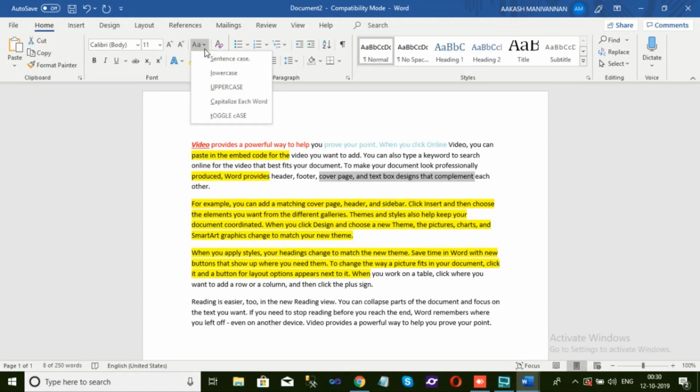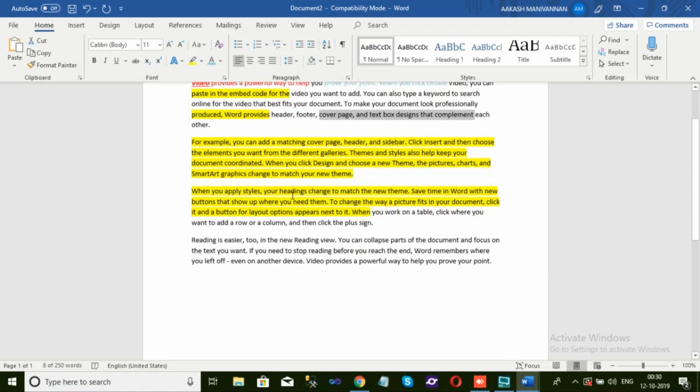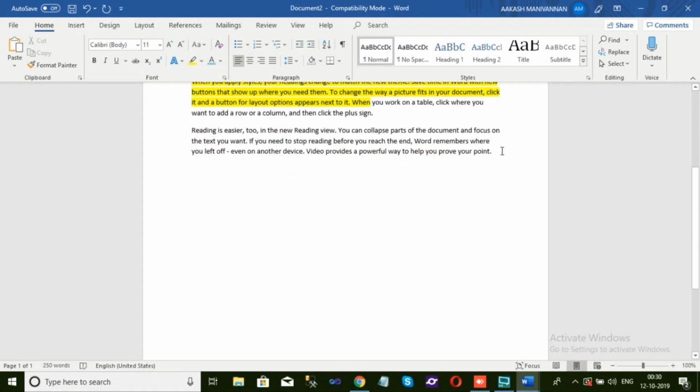So if you can see here, this is actually sentence casing. There are actually five casing options here. This is sentence case. Sentence case is nothing but starting a sentence with a capital letter and the remaining all with small letters. If it is lowercase, right, everything will be in small letters. And if it is, just for example, I'll just make up a